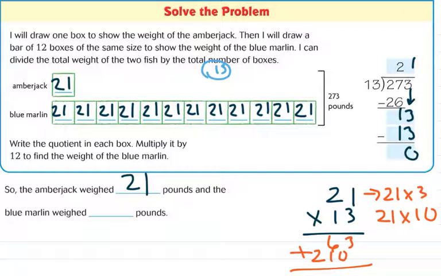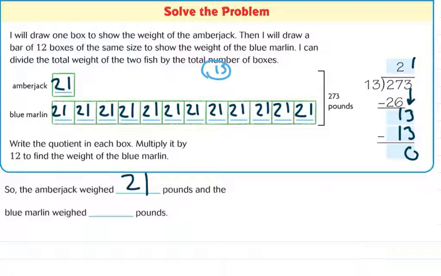So boys and girls, what I saw was that I made a little bit of a mistake here, but I want to go back to these two statements here to help guide our understanding in our question. It says first we're going to write the quotient in each box, which we did, and then it says to multiply it by 12 to find the weight of the blue marlin. So our quotient here was 21, and we are going to multiply it by 12. So first we have 12 times 1,